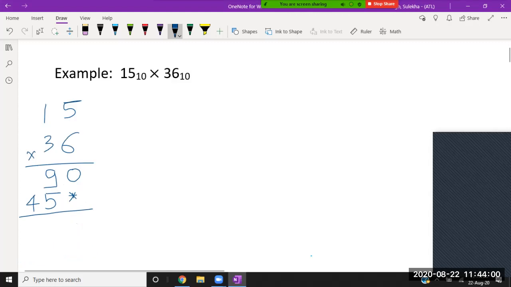Then you just add these two numbers, the first number and the second number. So 0 plus nothing is 0, or you can substitute 0 while shifting your position to the left-hand side. 9 plus 5 is 14, so you write 4 with 1 carry. You add 4 plus that 1 carry and you land up with 540. This is what you are doing.